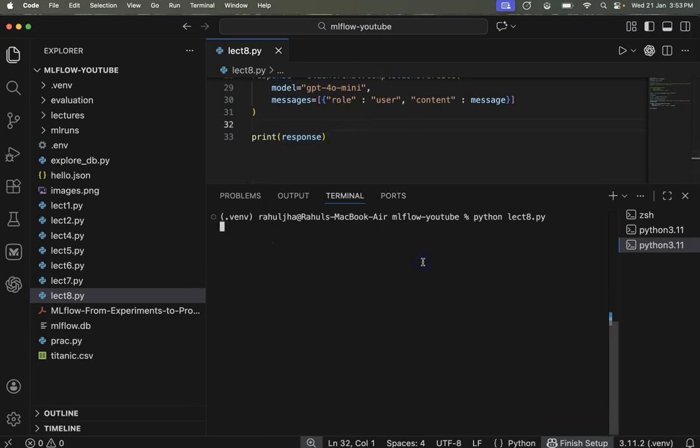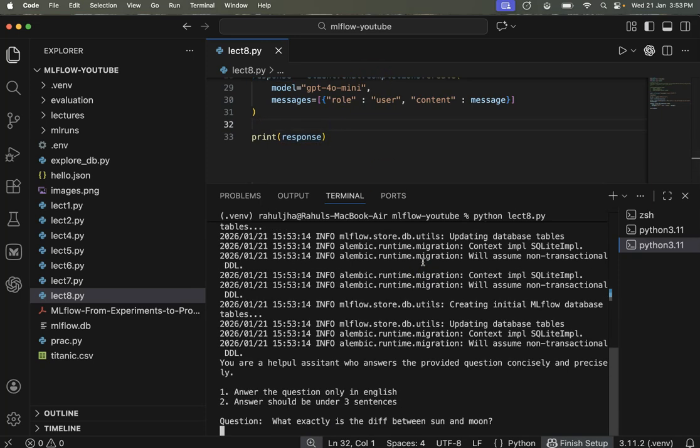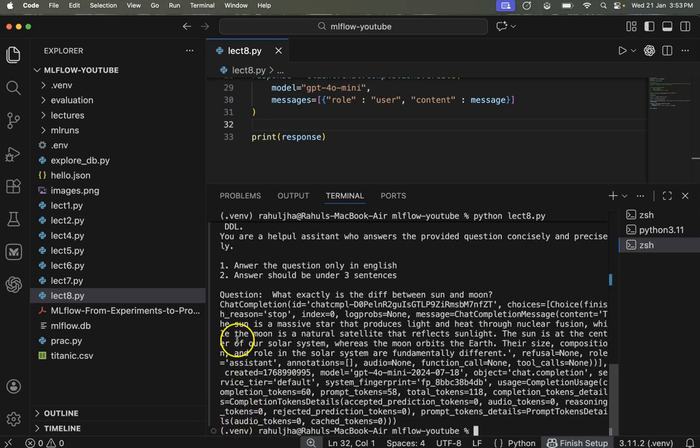Okay, so let's see what we get. So it's taking some time, and we are getting the chat completion. So if you see, the sun is a massive star that produces light and heat through nuclear fusion, while the moon is a natural satellite that reflects sunlight. So I think pretty good, right?